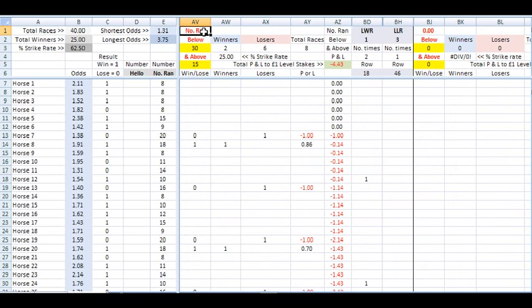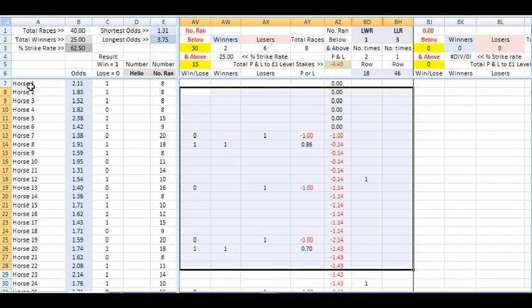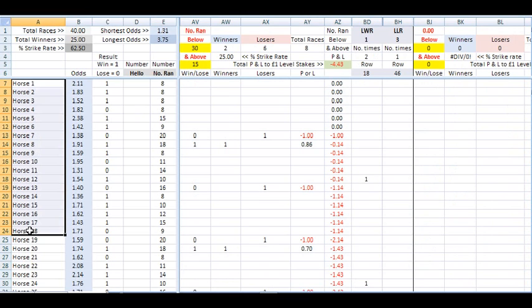Now this is our number of runners, and we can now work on this, look at this part of the sheet and identify any time which horse we've been betting on. Now when we entered upper and lower limits in the analyze sheet, it looks at all the results on the left and brings up the races between those limits and shows the winners and losers in this column here,